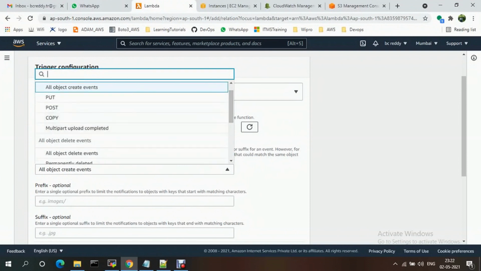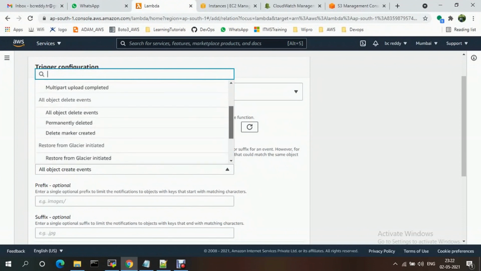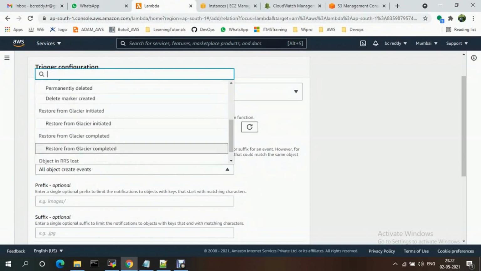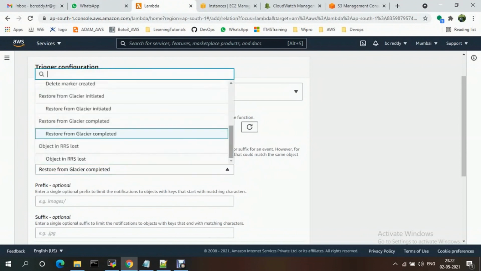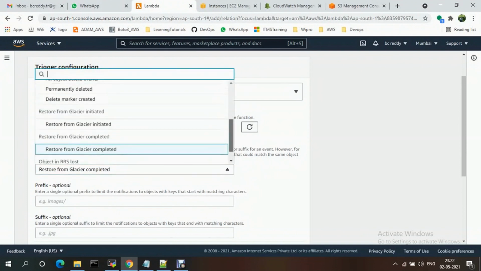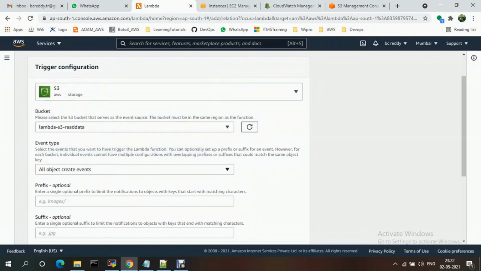If someone wants to delete, you have to select the delete object option, permanent delete, delete marker, anything. Based on your specific requirement, you just need to select accordingly. Mine is create event, all object create events.